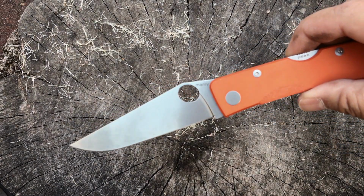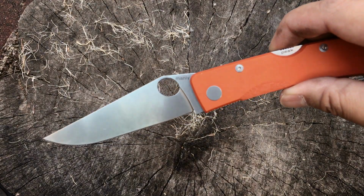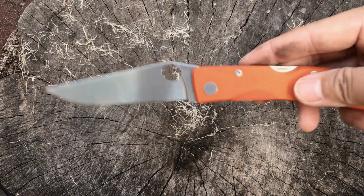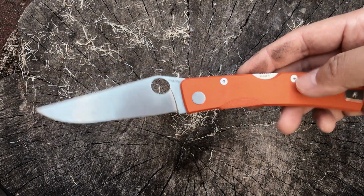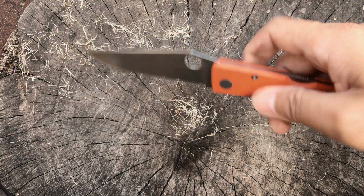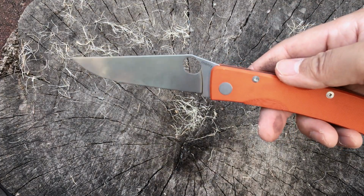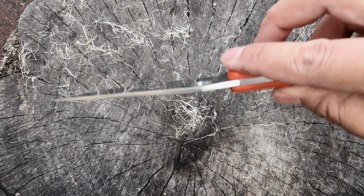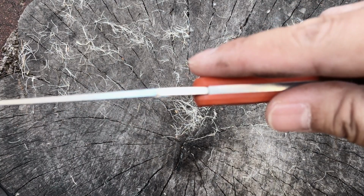Before I get into the details about the blade steel, the D2, I want to give you guys the technical specs. So overall, we have 8.66 inches overall length. When the knife is closed, it's 4.96 inches. The blade thickness at its thickest,